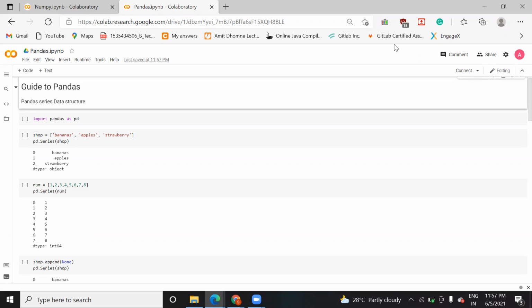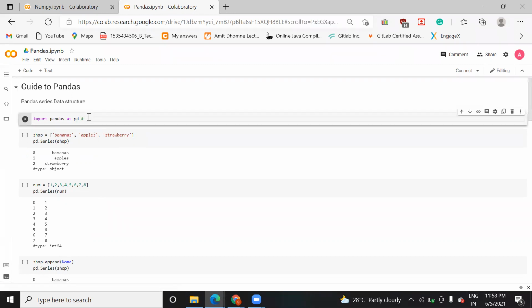I am Amit. In this video, we are going to start pandas, how to work with the pandas library in Python. What is the meaning of pandas? Why do we use it? The pandas library is used to read a data set or a data frame so that you can read the data frame effectively and perform various operations. With the help of this pandas library, you can read any data set